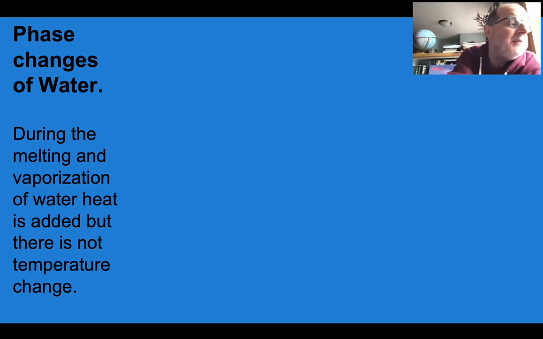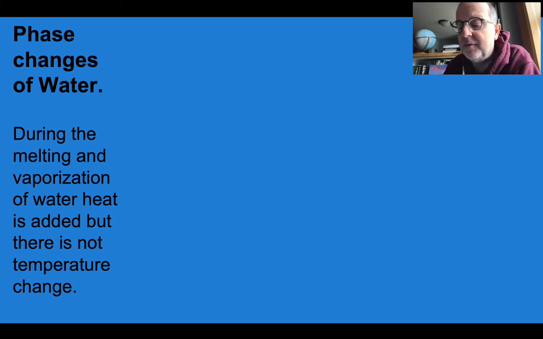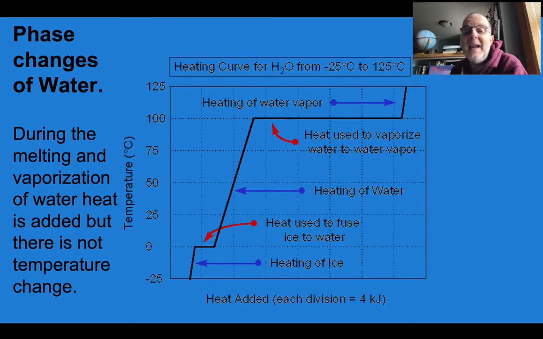And what people have discovered is that it's not the same amount of heat, and that's something that we could probably appreciate now that we understand specific heat of materials, and now that we know that the specific heat of water is so much more than the specific heat of ice. It's twice as much. So here's what's called a phase diagram, where we have on our y-axis the temperature in degrees centigrade from -25 to 125, and we have on these dotted lines